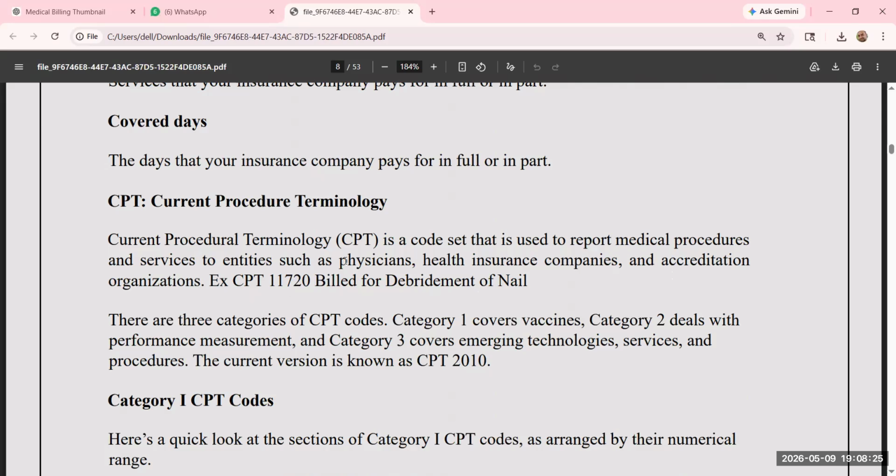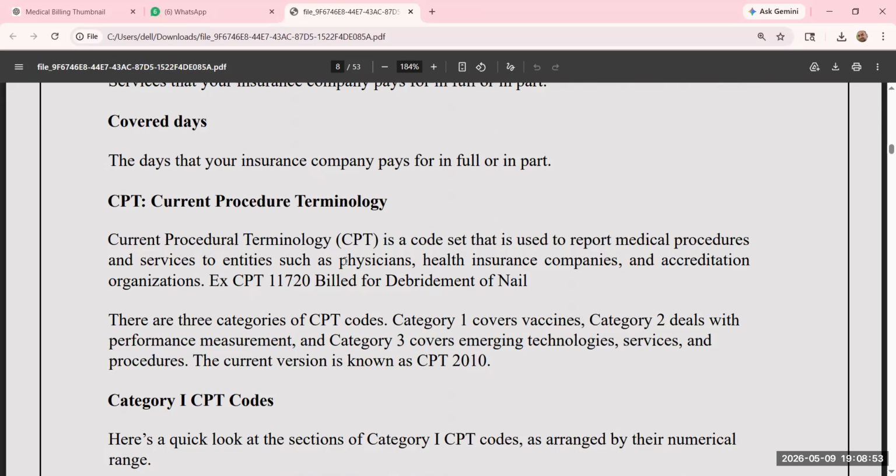So for example, CPT is generally operation codes. For example, knee surgery is done, or sometimes a colonoscopy is done, sometimes another procedure is performed. So any operations, any procedures such as debridement, incision and drainage, appendectomy, colonoscopy, these are procedures where the physician performs the operation or procedure. For that purpose CPT codes are used, and